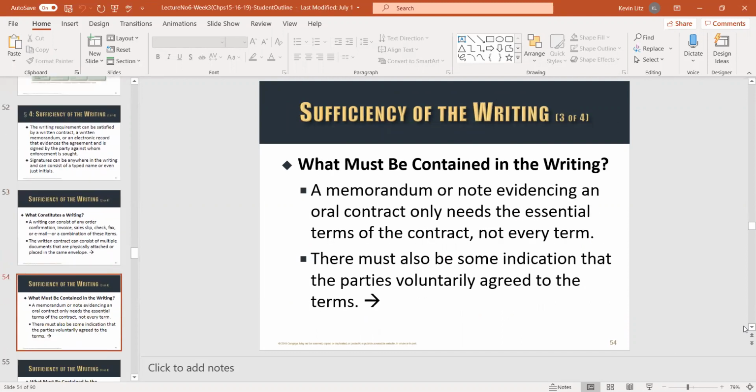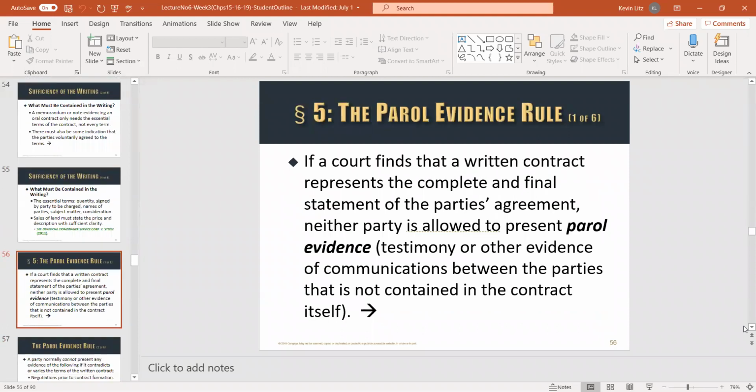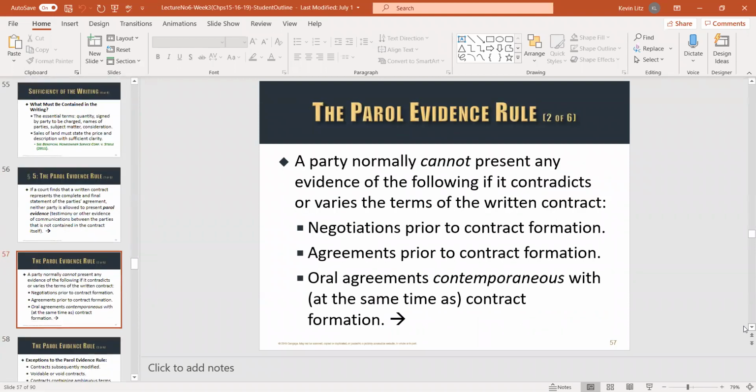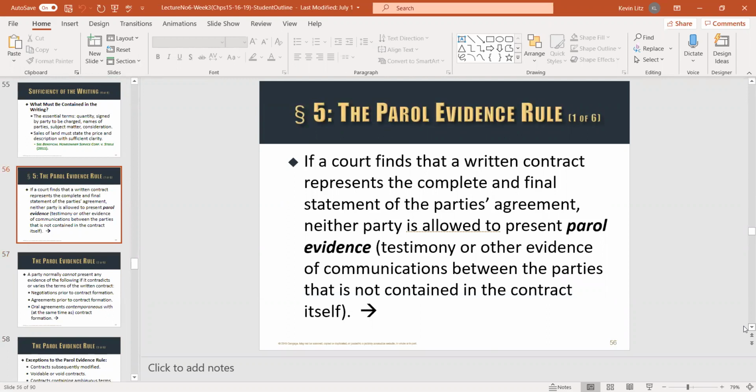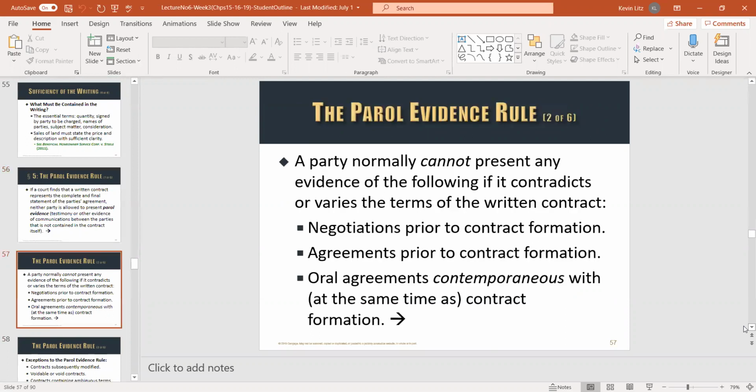What a writing is, I'm gonna let you go through those on your own. And again, parole evidence. In a previous week, we talked about when a court is interpreting a contract, when can the judge look outside of the contract and say, okay, I'll consider this outside the writing, the parole evidence. And if we can't do parole evidence, that means, boy, we don't get into our negotiations, we don't get into prior agreements, we don't get into oral agreements. What's on the paper is what's on the paper. That's the contract, nothing else.